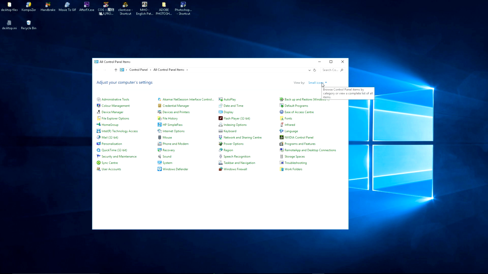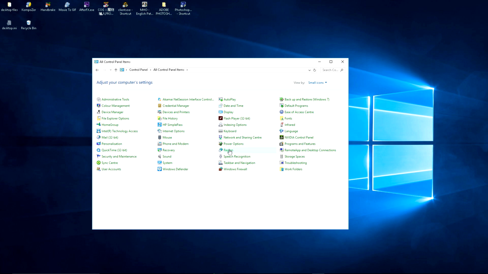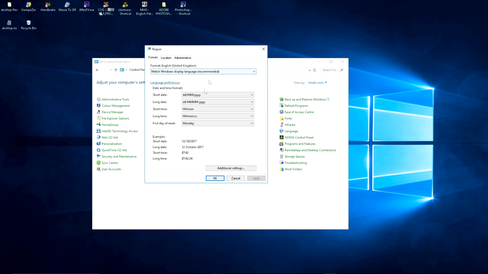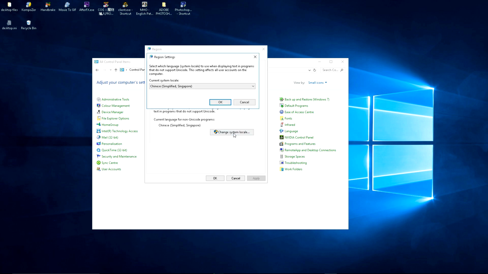Now it could be in category view right now, so you might get this user interface where you can change clock, language, region, but what I would advise you to do is go category, small icons, and it's Region here. We're going to left click Region, it comes up with this toolbox, and all you want to do is go across to Administrative, left click, come down over here to System locale, click that, and this is the one that you're looking for,